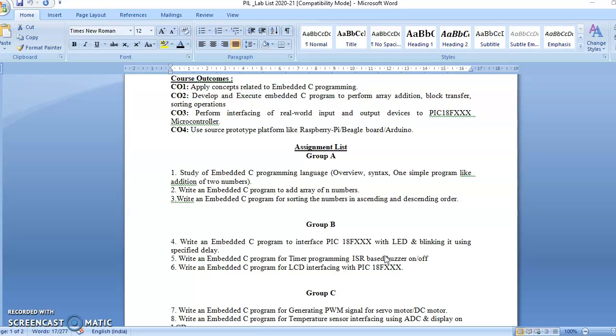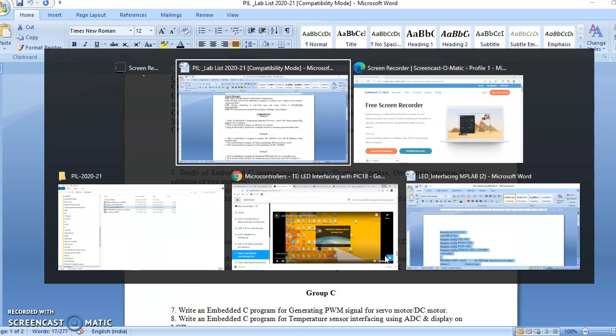For that, first we have to do the interfacing of the PIC 18 with LED with Proteus 8 Professional. So I will start with the first, that is interfacing the PIC 18F with LED in Proteus 8. For the same,